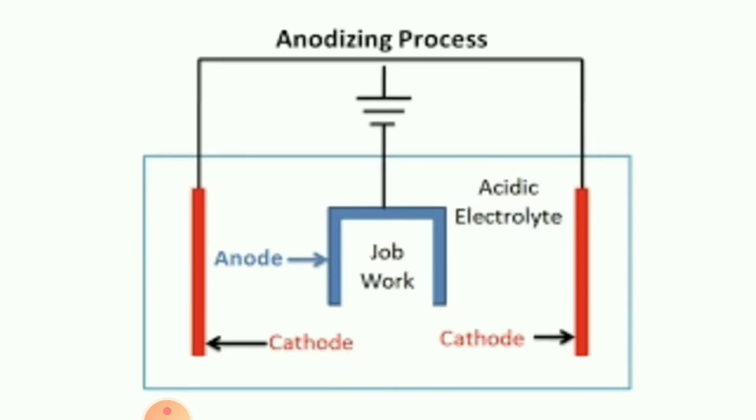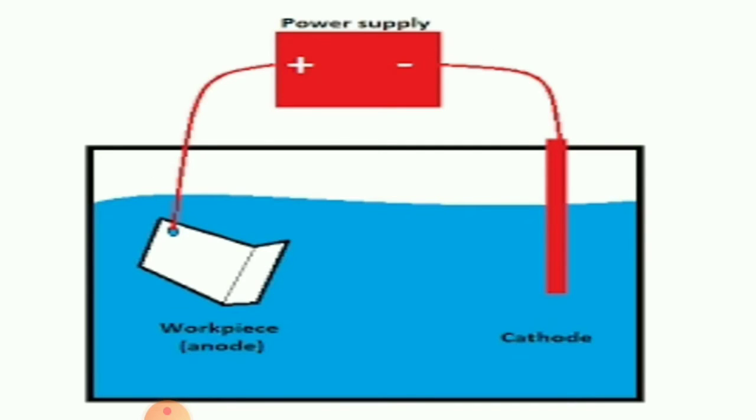This anodizing process helps a thin layer of aluminium oxide to be formed on that substance. If aluminium oxide is already coated on it, then your articles will stop reacting with different substances from the atmosphere. See here, the workpiece is the anode, whatever is required to be coated, and at the cathode is what has to be coated.